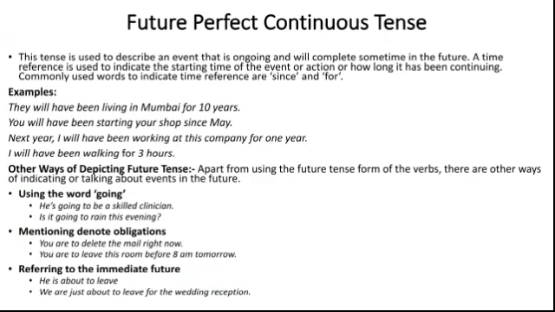tomorrow. For mentioning or denoting obligations, we use is to, am to, and are to verbs. And when we refer to the immediate future, okay, like he's about to leave or she's about to reach, we are just about to complete the tense part. Okay, so guys, this is all about